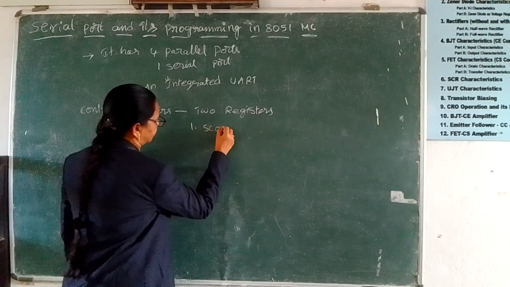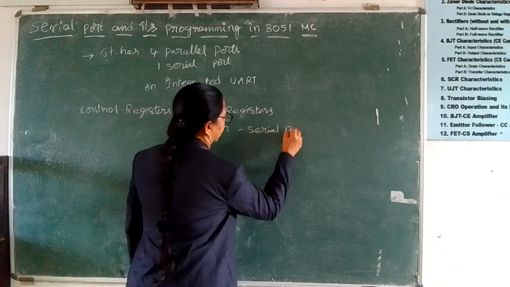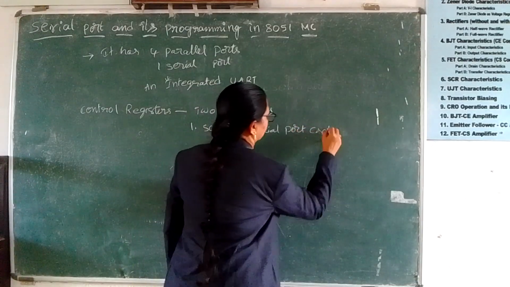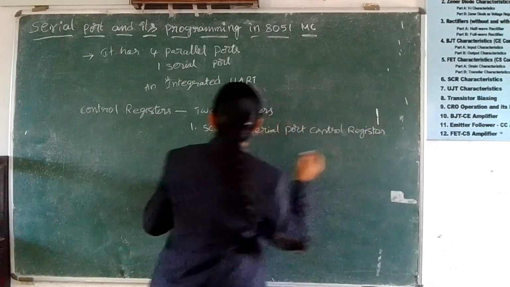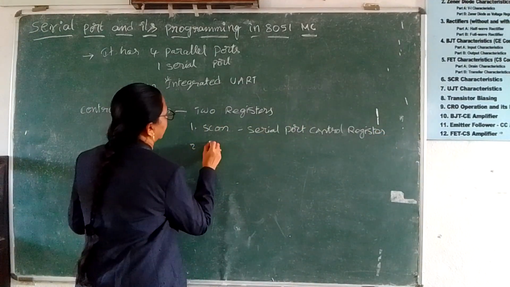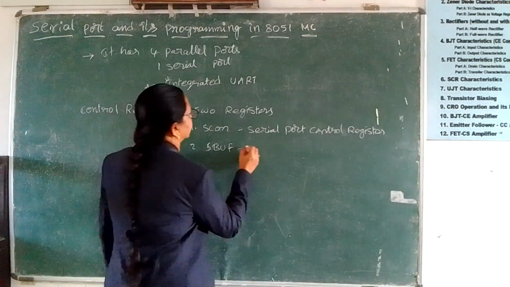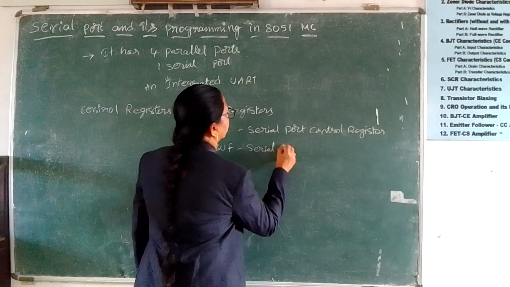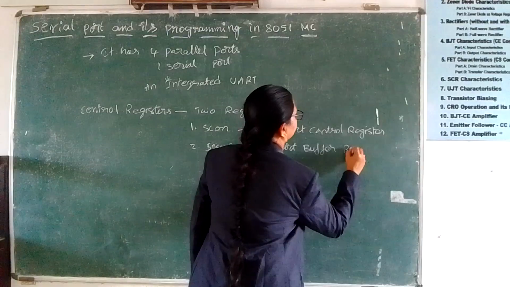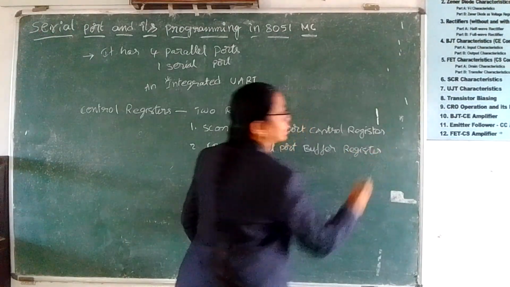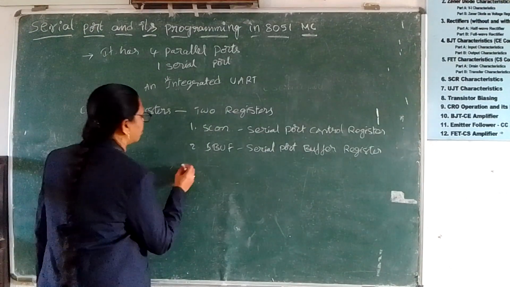One is SCON, the serial port control register, and the other is SBUF, the serial port buffer register. So these 2 registers are used to control the serial port, and there is one more bit,